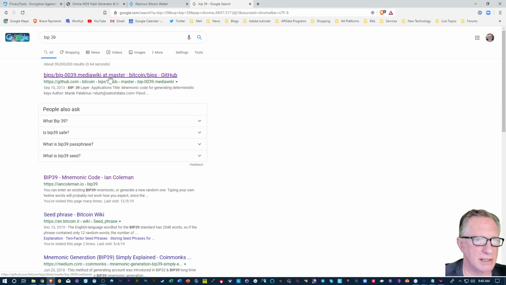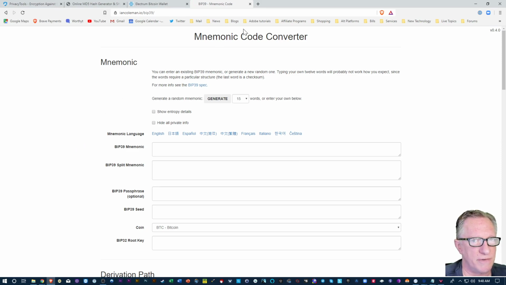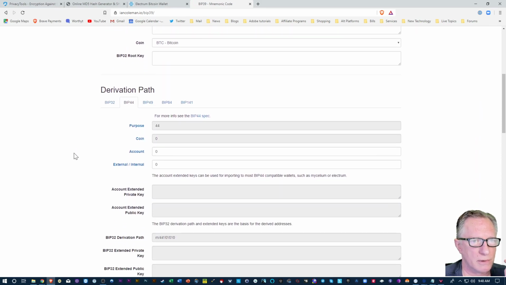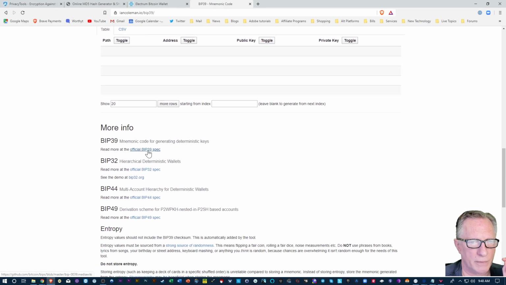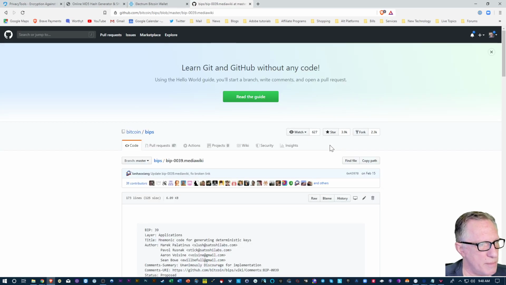Because Ledger follows the BIP39 protocol, there we go, that's the spec there. This is all mathematical, agreed upon, open source, decentralized. Anyone can look at it, anyone can see the code, anyone can use the code to create their own wallet. It's an industry standard. So if Ledger goes out of business, you just fall back on the mathematics that they've used, because it's an industry standard.